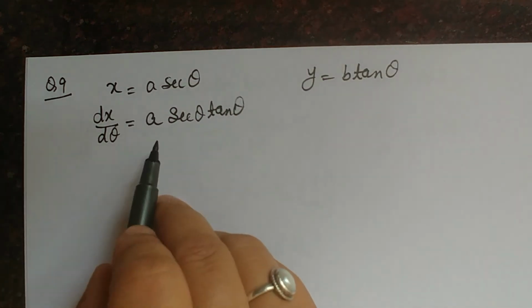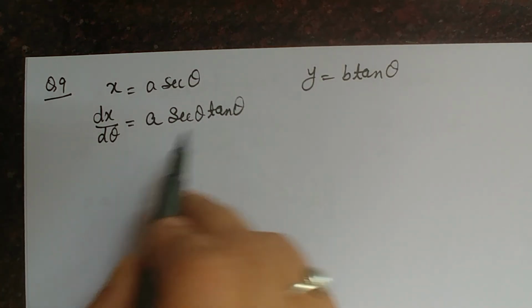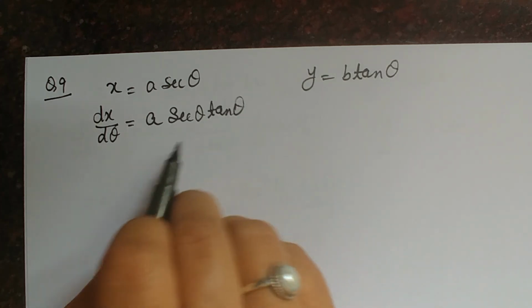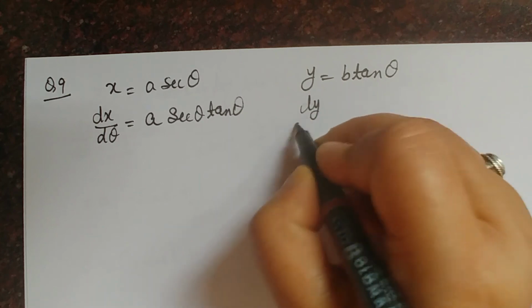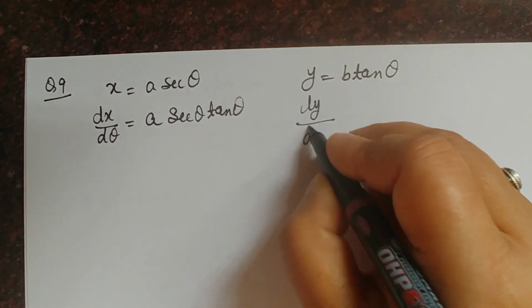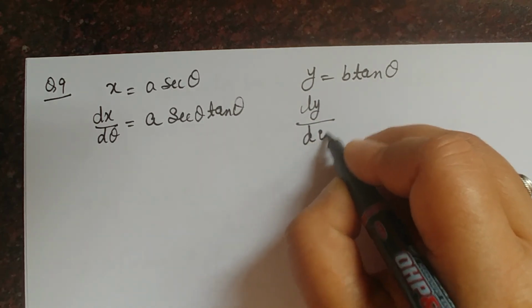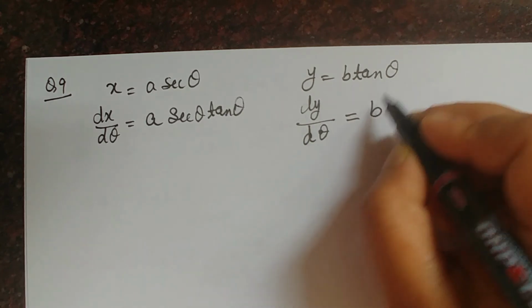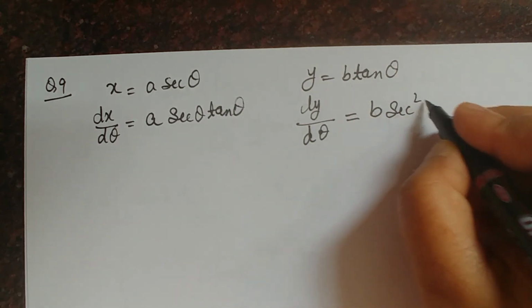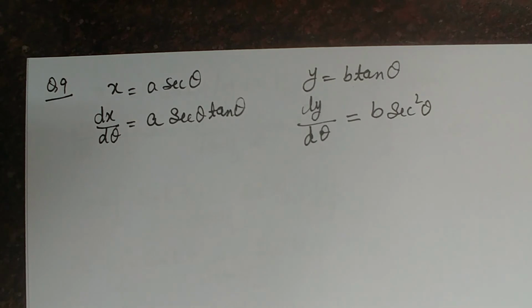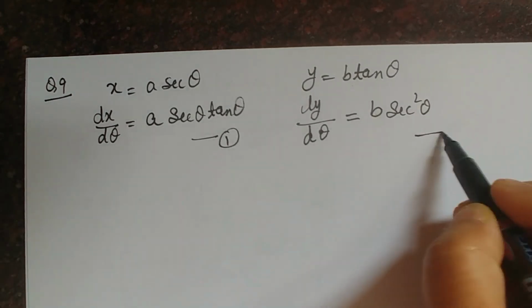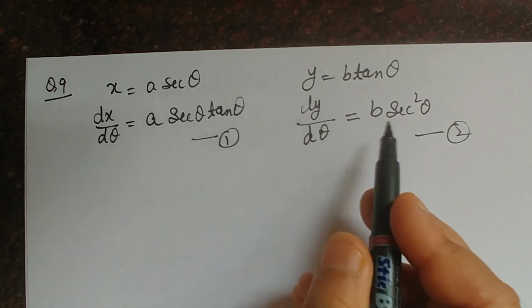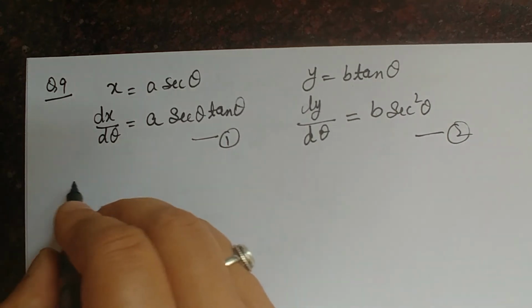Okay. So let us leave it like this. When we frame dy by dx, we will see how to open it. Because if the terms are getting cancelled, then we will open it. Dy by d theta is b times the derivative of tan, which is secant square theta. So it was better that we haven't opened it here, because otherwise there is a secant term and they will directly be cancelled.